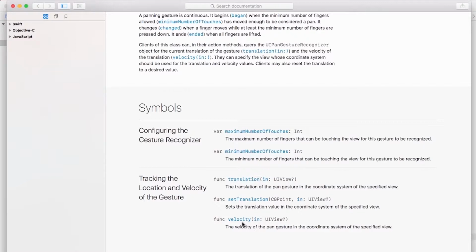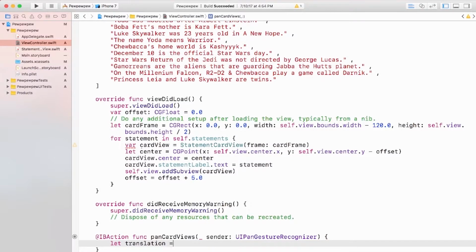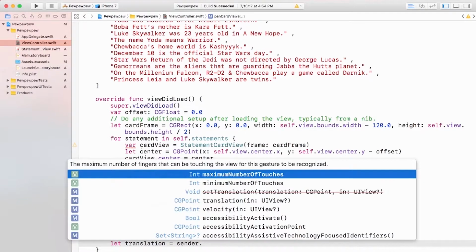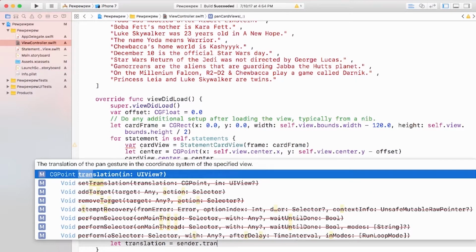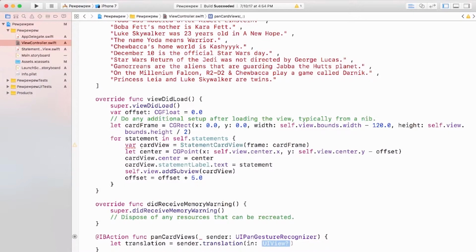This seems about what we want, because we do want the translation, which is, as you're moving your finger, from where to where is it going. So right here, I'm going to store this in a variable. I can say let translation equal sender dot, and if I start typing translation, I can hit enter. Right here, it's requiring a specific view, and what we want is the root view of our view controller, because that is the entirety of our screen. So if I type self.view,